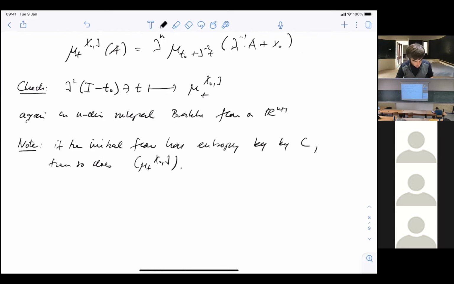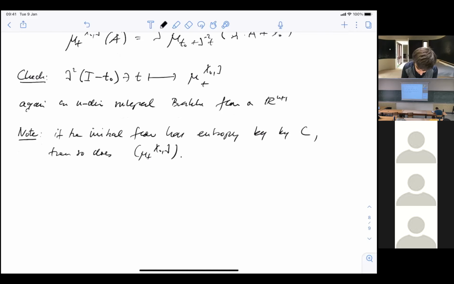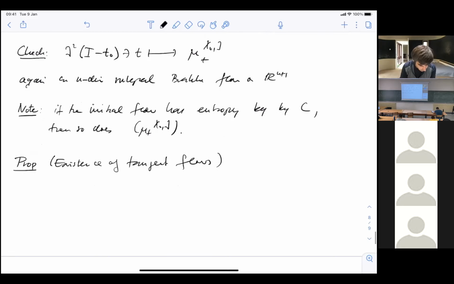Okay, and now here is the existence of tangent flows. The idea why this is so strong is that this works without any regularity assumption. You can always look at tangent flows, and the tangent flows still have as good a structure as you can hope. Then you can try to understand your solution by understanding what kind of tangent flows can appear. There's a similar take for minimal surfaces: when you can classify or rule out certain tangent cones, then you know more about the regularity of your solution. So for any sequence